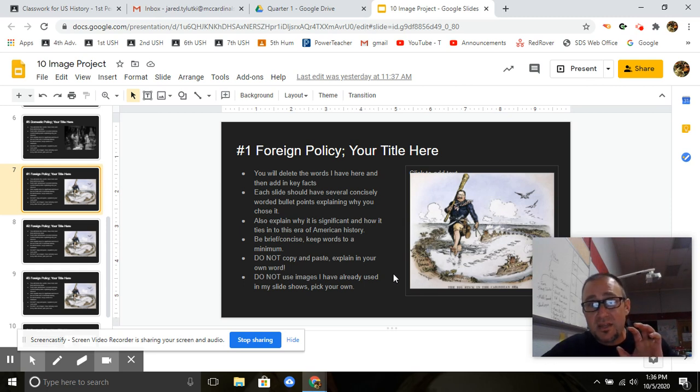So you find something that would tie into the Rough Riders or the Spanish-American War, annexing Hawaii. We haven't covered World War I yet, but World War I is 1914 to 1918 and America gets involved. You could skip ahead a little bit and do some images from the war. The possibilities are endless. So you find things that would apply to American foreign policy from 1890 to 1920. Throw in some of those images.